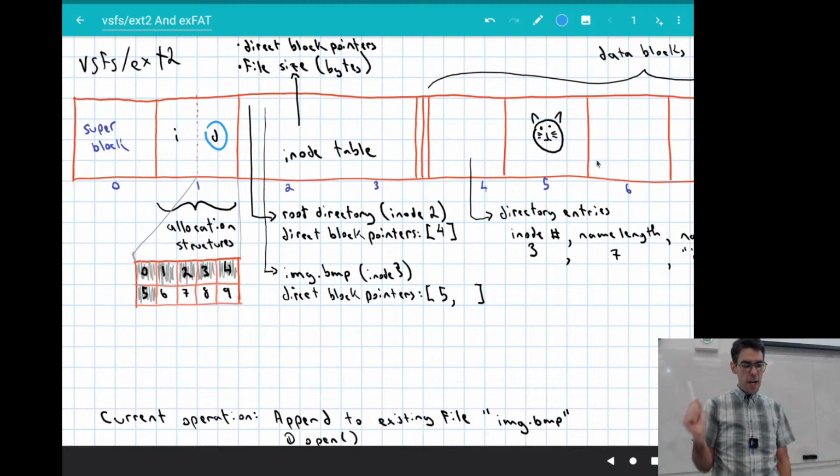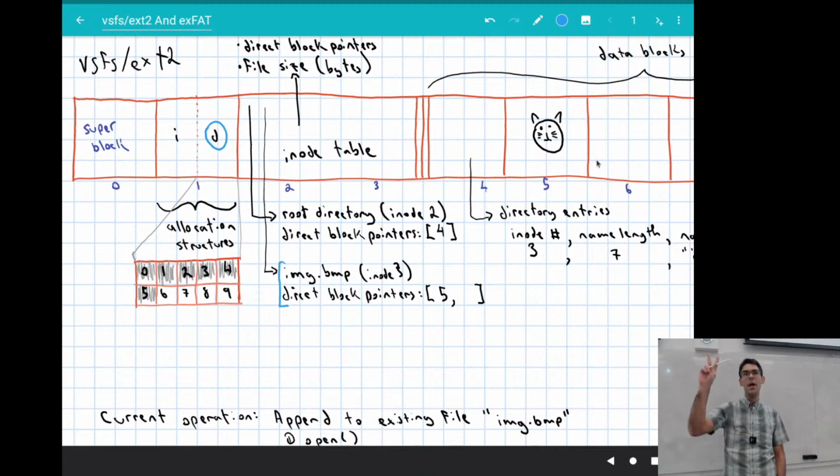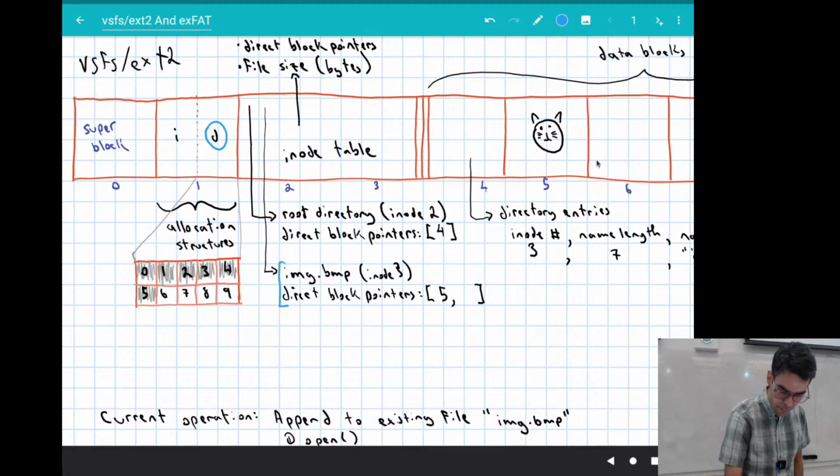When we make a write operation to this, we're going to need to make a change to the inode table itself. Specifically, we're going to need to make a change to the inode for this file. We have to change this file's inode in two ways. One is to change the file size of this inode, or of the data that this thing points at.